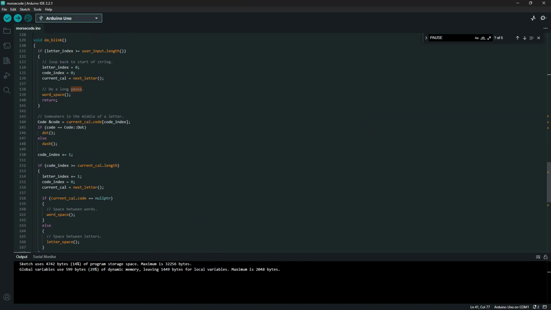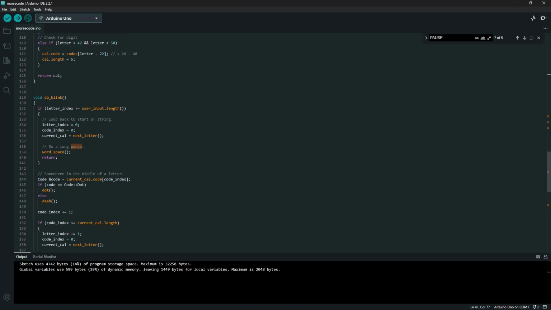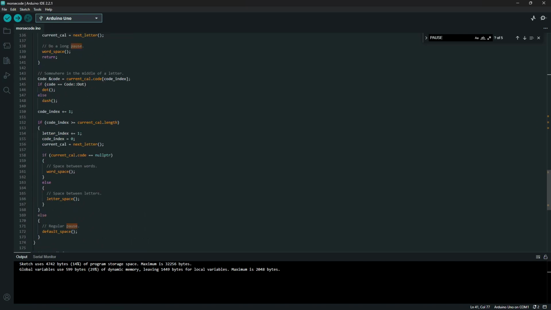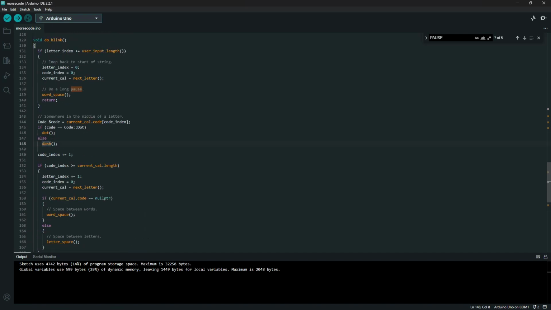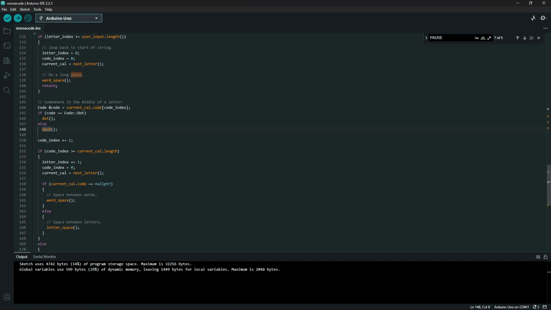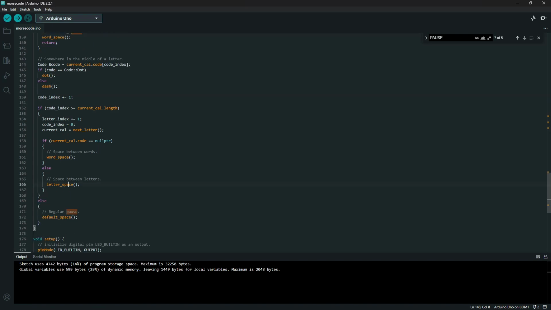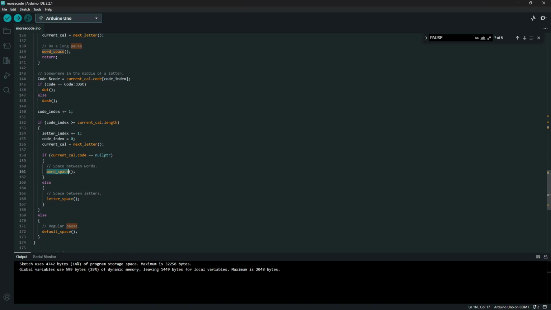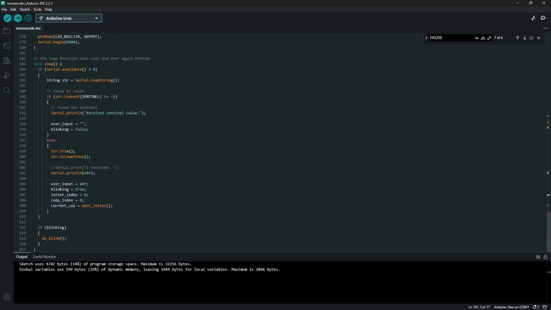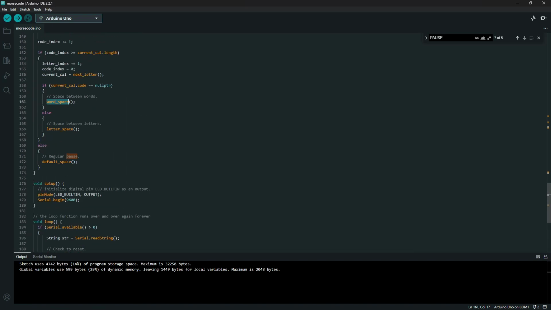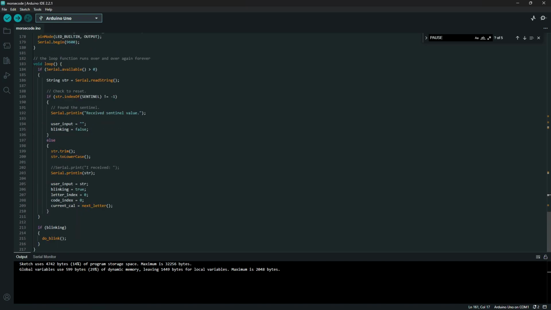So it goes through each code, keeping track of which point in there it is, whether it should be doing a dot or a dash, and then doing a short space afterwards, or a longer space between letters, or an even longer space between words. And once it gets all the way through, where it does one blink every time this main loop runs, and then once it gets all the way through to the end of the string, it does an extra long wait. I think it just does two word space waits, and then starts over. So once I got that working,